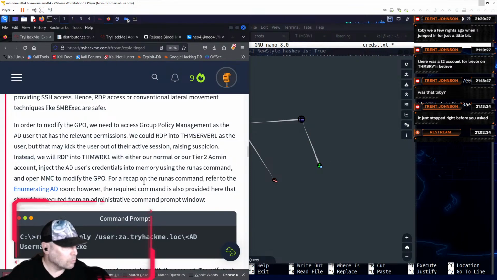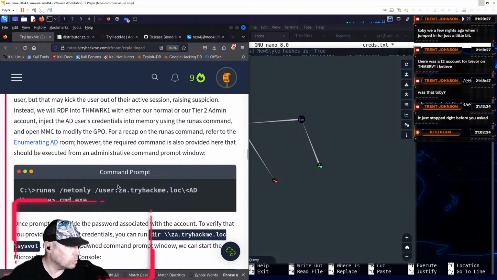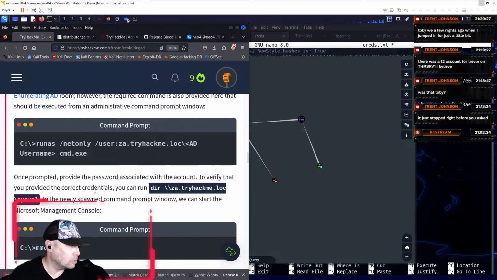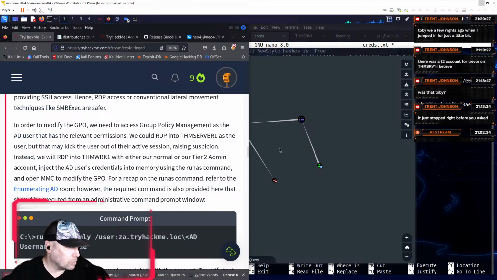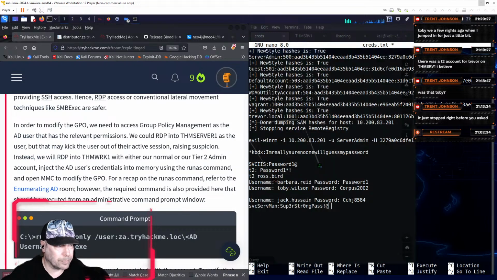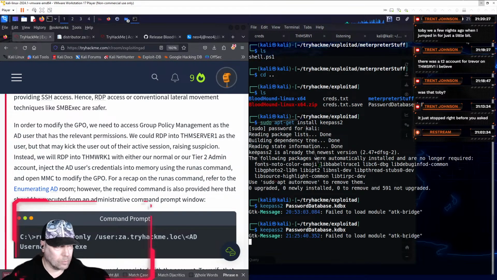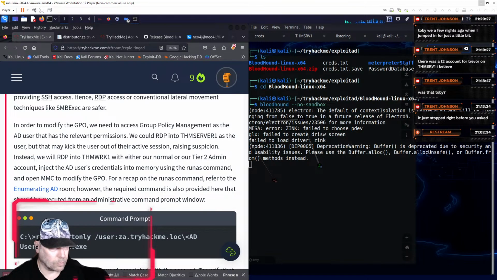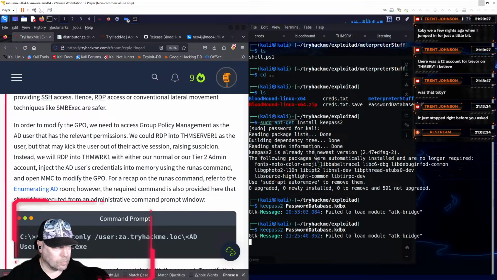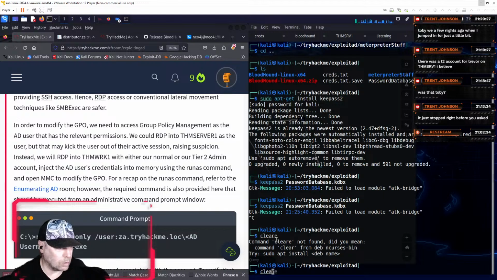Alright. For recap on the runas command, no, I will not refer to the Enumerating AD room. That's in the past. We're moving forward. Alright, so we got our RDP. We can use this window. No, just be good.